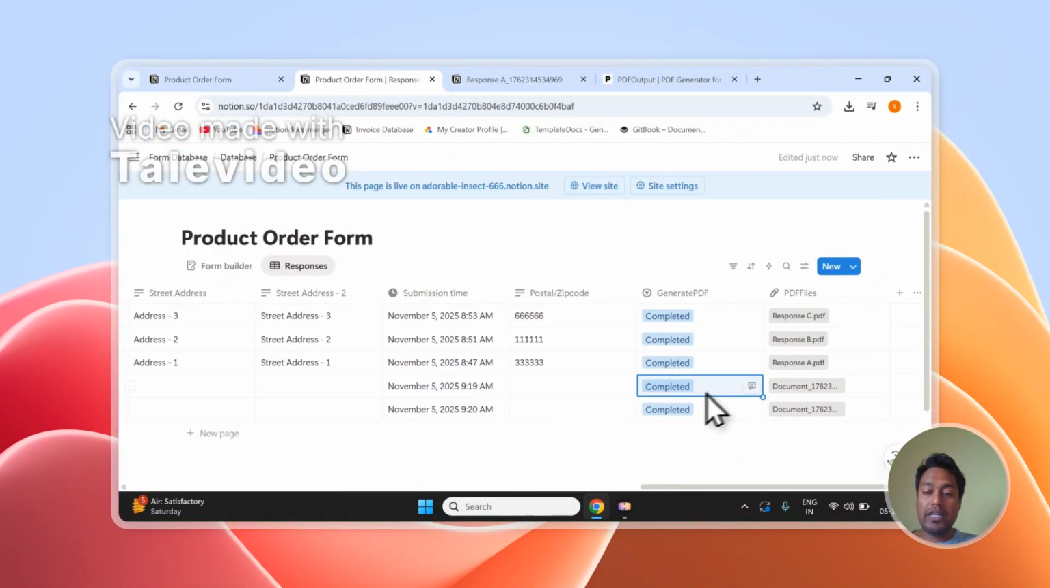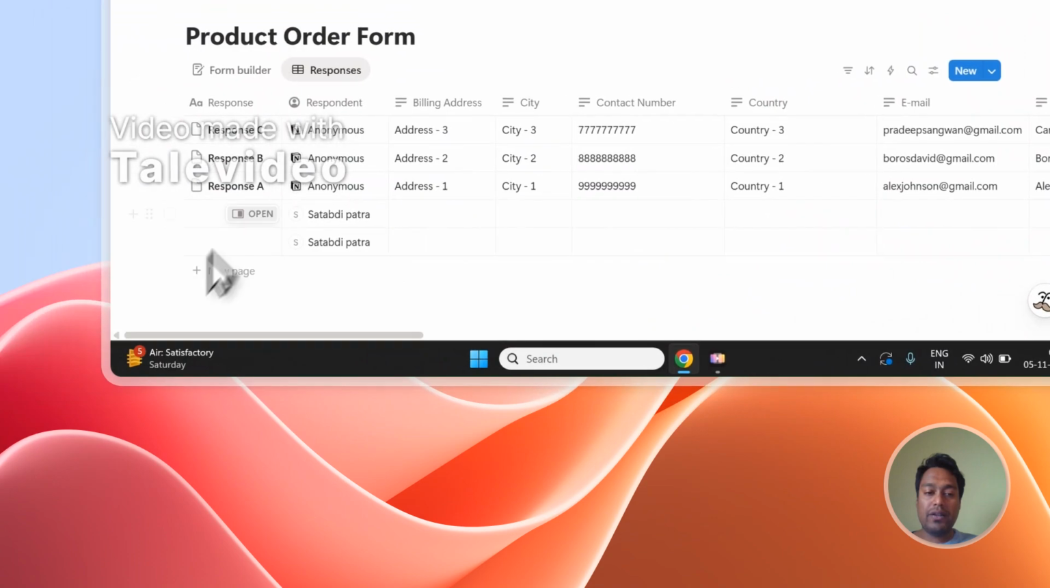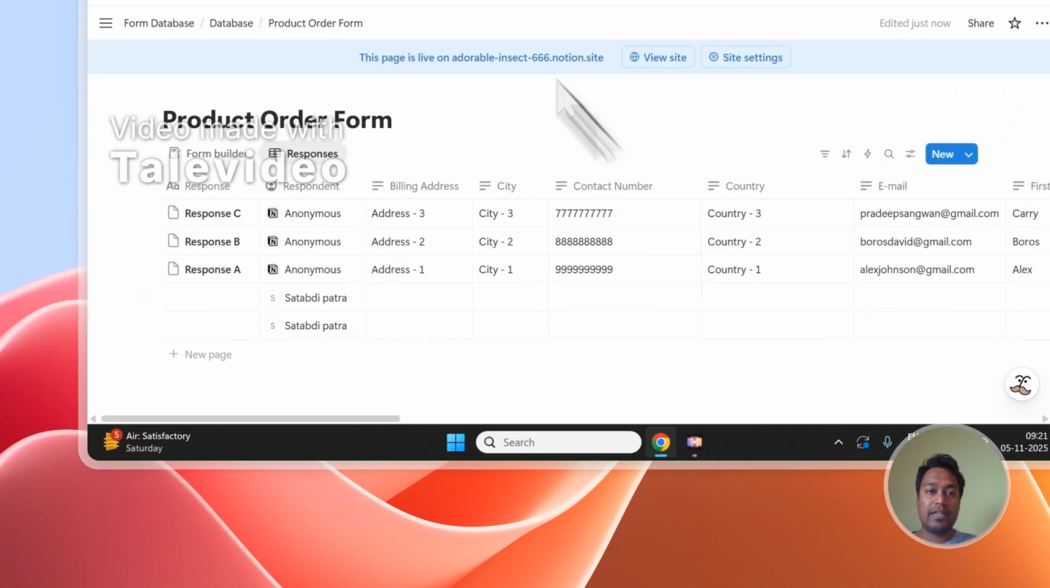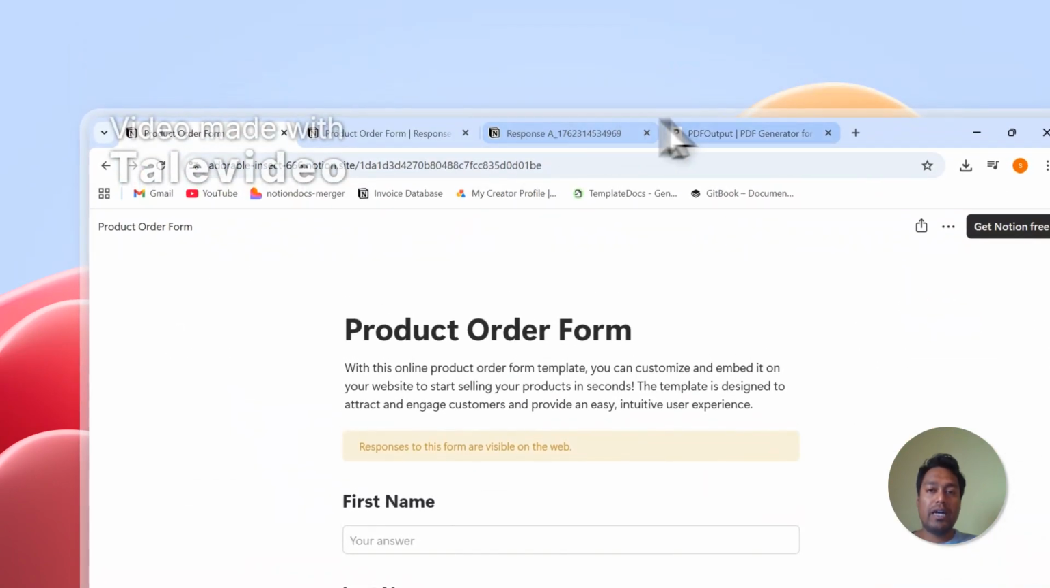So as you can see, when we were showing the demo, this was in ready to generate status. It has already been completed since the automation was created, and the document has been created over here as well. Okay. So make sure you're filling in all the fields to generate the PDF files correctly. That's it for the demonstration. I hope everything was